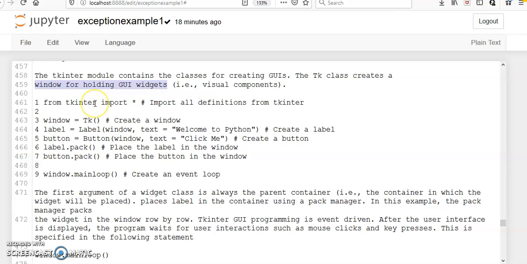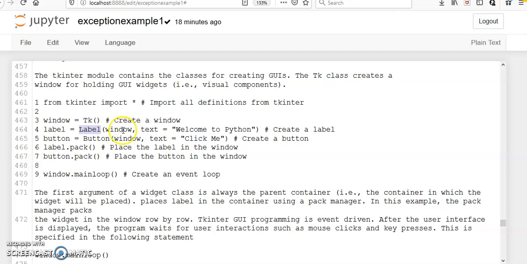We have to import this package, and here is the window, for which we are using the Tk class. The label is a widget. Labels and buttons are widgets of the tkinter package. Here we are creating one label and one button. The label syntax is Label with capital L, followed by parameters.